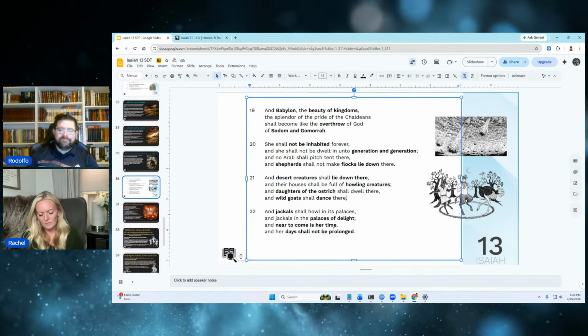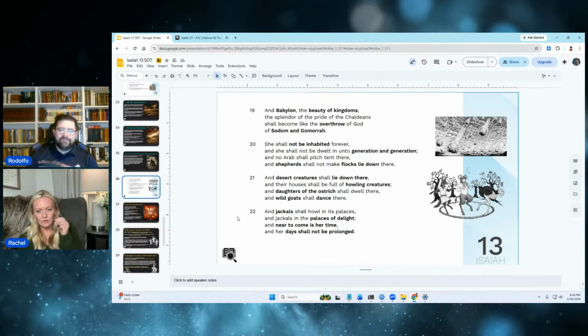It can be translated as like a daughter of greed or daughter of wilderness, or it's for an owl, kind of an owl. And then we have like the screech owl or the night owl that connects to Lilith and that whole Lilith story. So I think we come across it again in Isaiah 34. We can talk about it more then. But like I said, each of those characters represents some kind of strange entity that is the only thing that is willing to dwell in that kind of land,